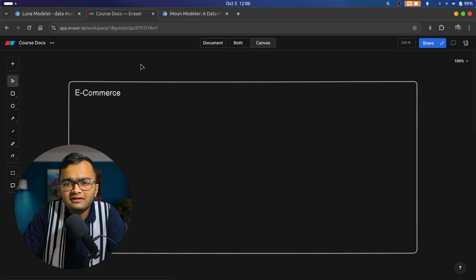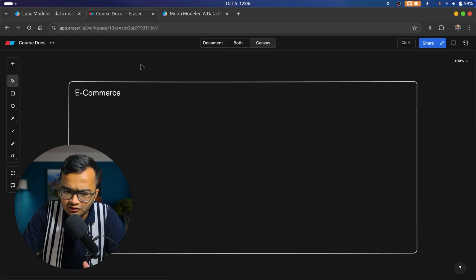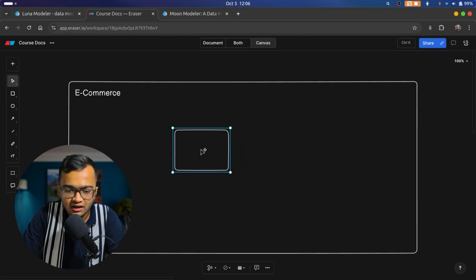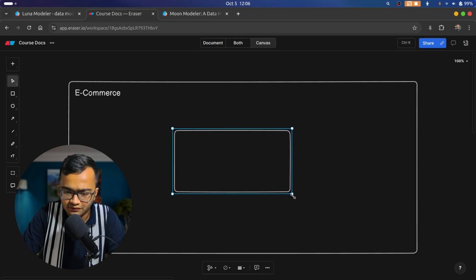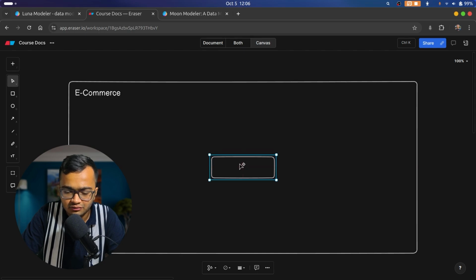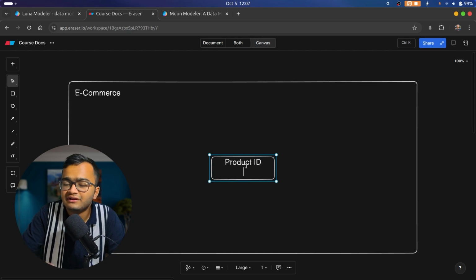Majorly, when you design an e-commerce project, the first thing which comes to your mind is the products. Every product will have a few properties. Every product which you have will have a product ID, obviously, which will uniquely identify a product from the other products. It will have a product name,